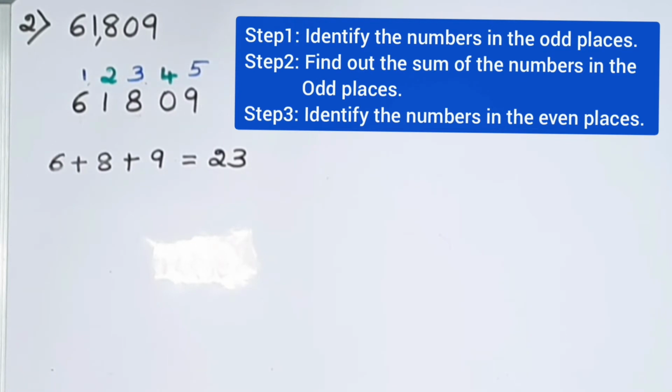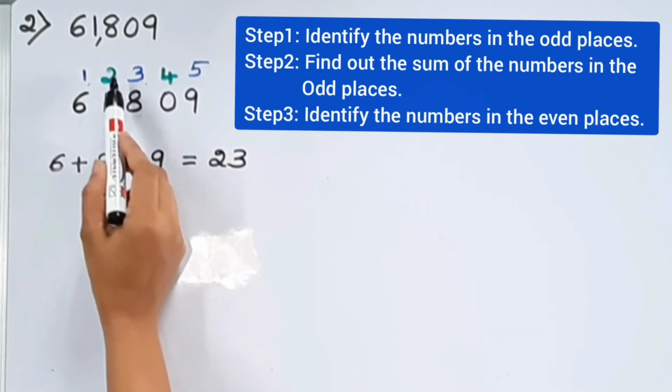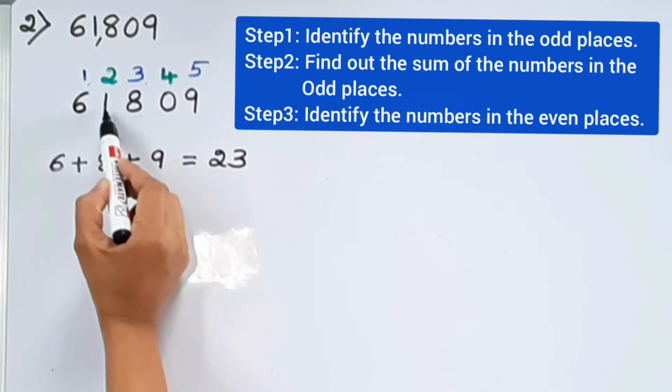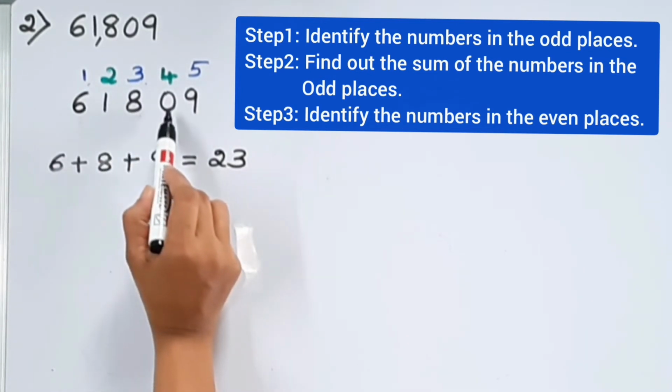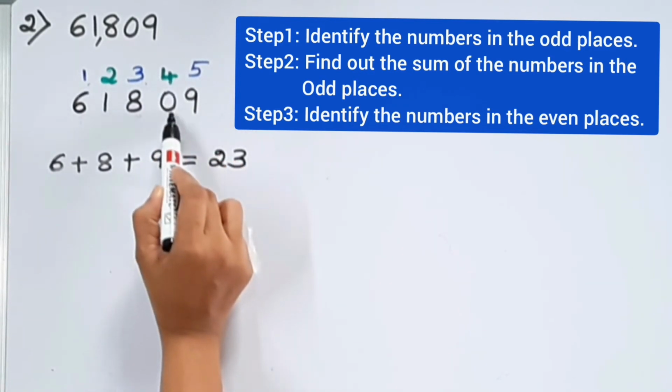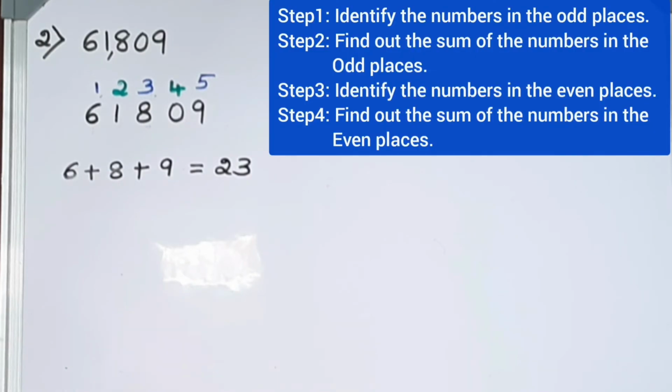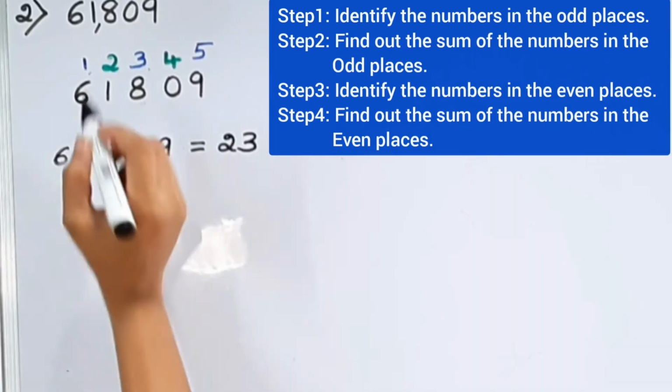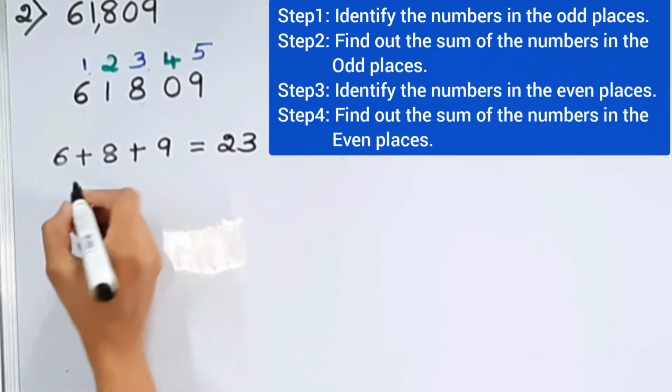That is, 1 is in the second place, so 1 is in the even place. Since 0 is in the fourth place, 0 is in the even place. Step 4. Find out the sum of the numbers present in the even places. That is 1 plus 0